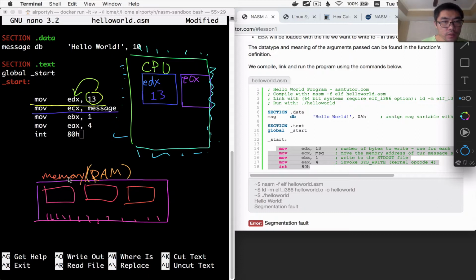NASM has taken care to store this hello world exclamation point and then a 10, which stands for new line, somewhere in there. So somewhere in this memory chip, there's this hello world string. And this is saying, hey, wherever you stored this on the memory chip,